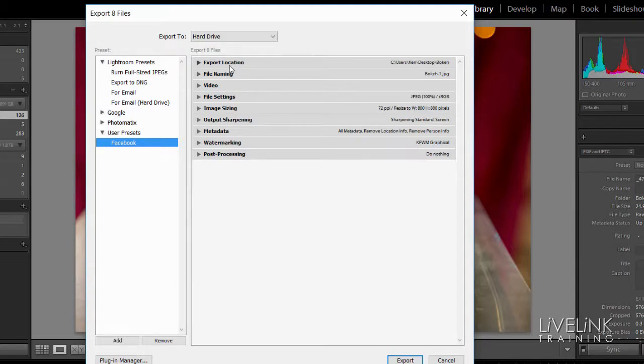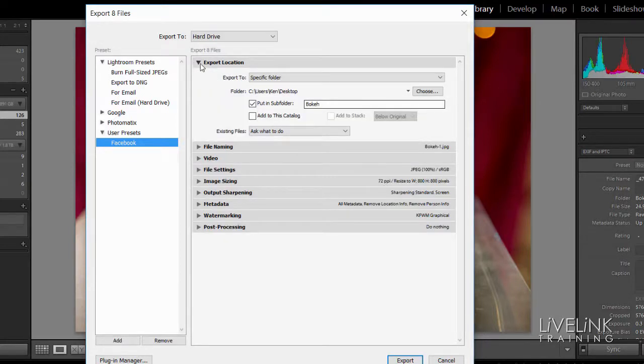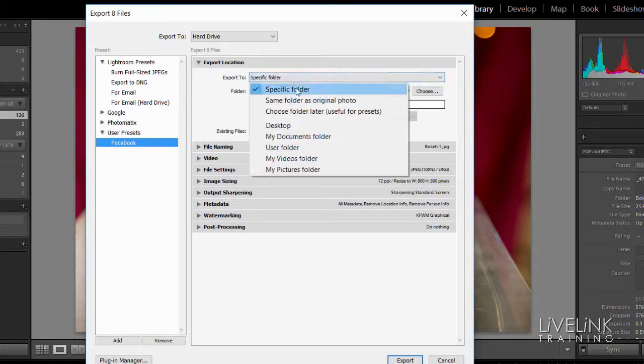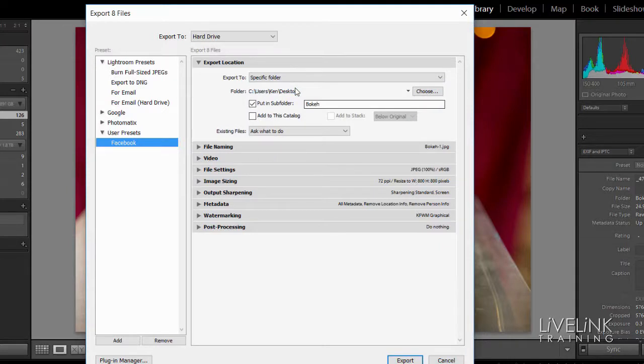Okay, so let's have a look at the first one, export location. I'll click to open that, and I'm going to select export to. I'm going to select specific folder because I'm going to tell it exactly where I want to send these images to. Then you'll see we've got a folder structure here. So I'm going to click the choose,